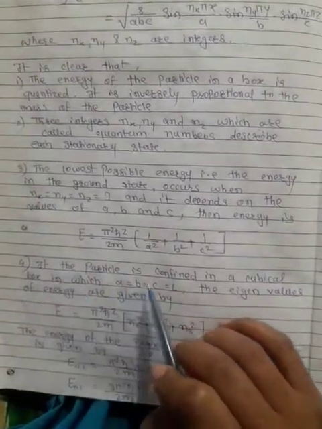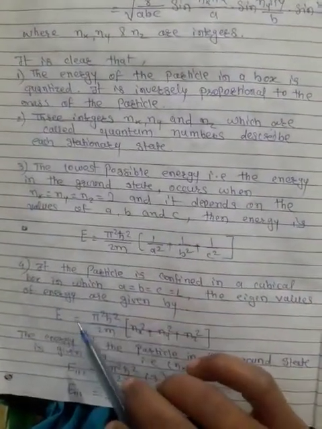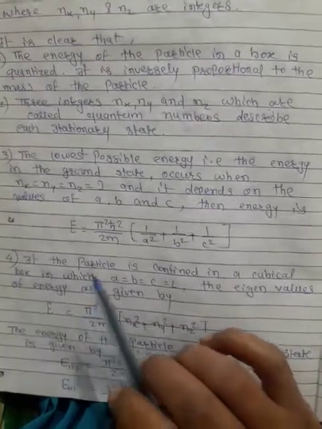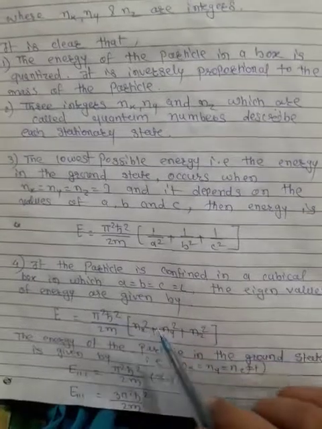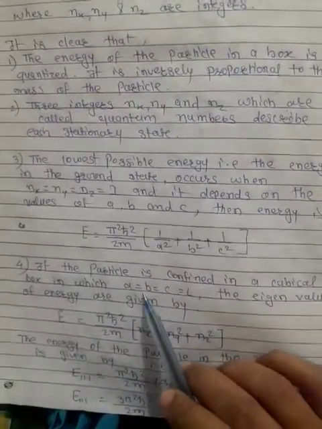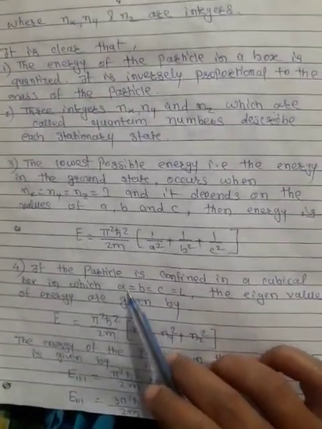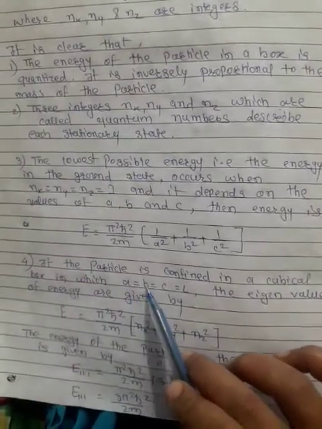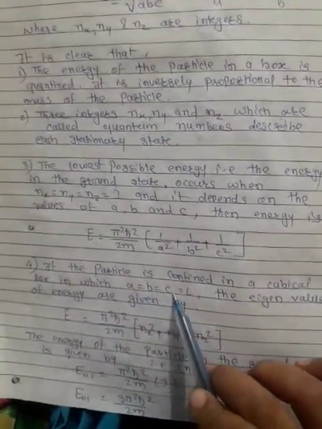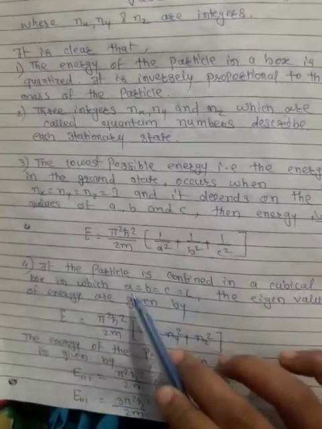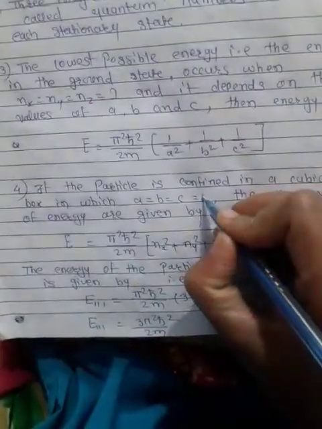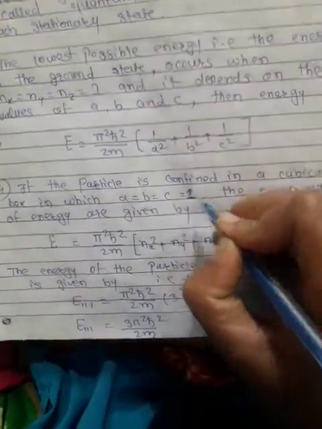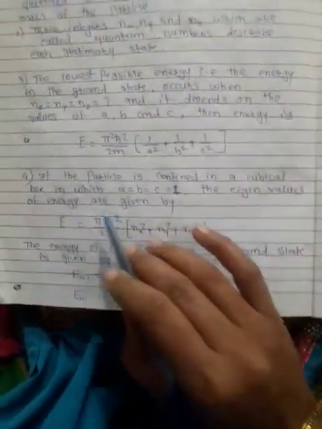Now, if the particle is confined in a cubical box, we know that the length of the cubical box along the x, y, z axes is equal. Therefore we consider the length along the x-axis equal to the length along the y-axis, which is equal to the length along the z-axis. Therefore, we write a equal to b equal to c, which is equal to l here. Here we substitute this value. Then the eigenvalues of the energy are given by